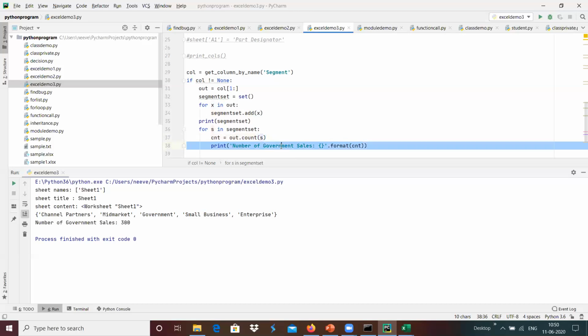We can do that with the help of out.count.